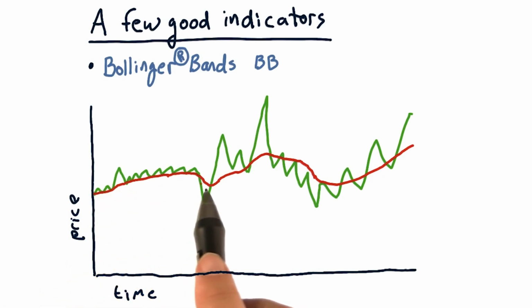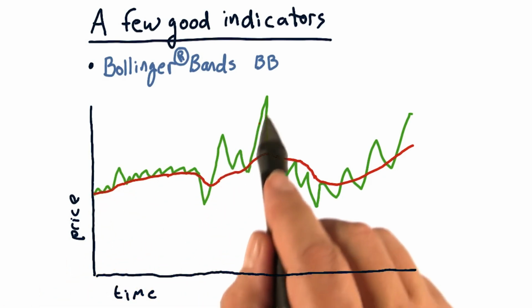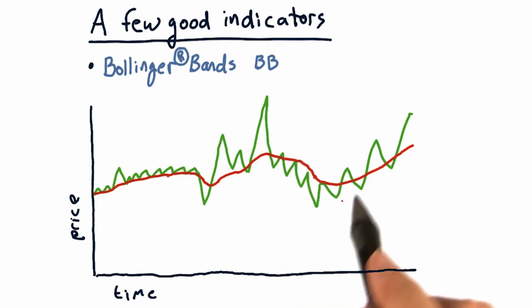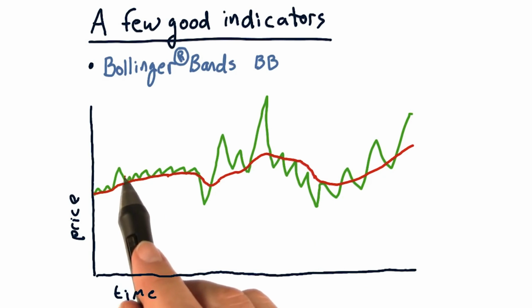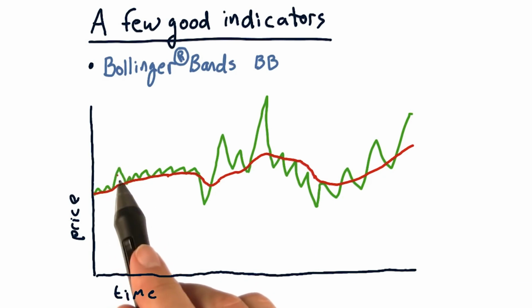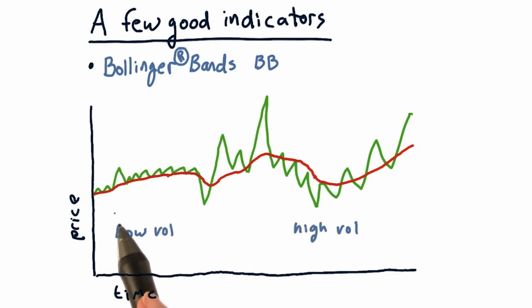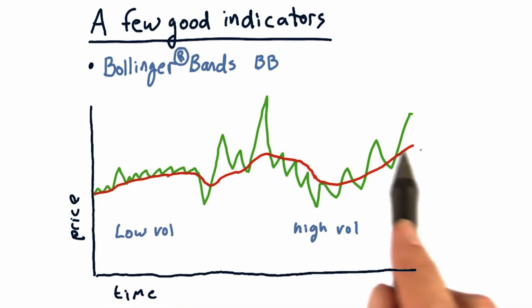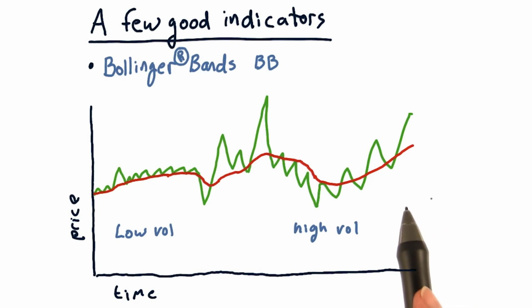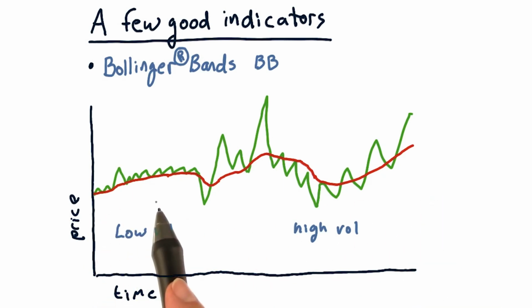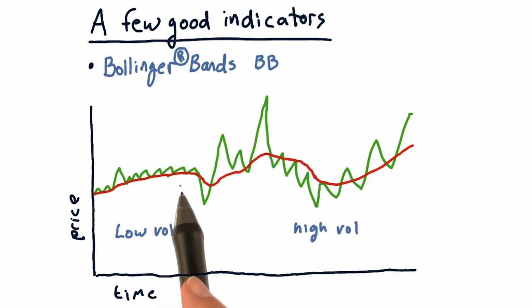So let's carry forward, and now you're getting these huge excursions all the time, and you'd be chasing it, trying to trade all the time. So clearly a fixed number is probably not the best way to go. If you look at this chart, you'll see that we've got a region of low volatility over here and high volatility over here. So John Bollinger observed that for low volatility stocks, or stocks that are currently experiencing low volatility,